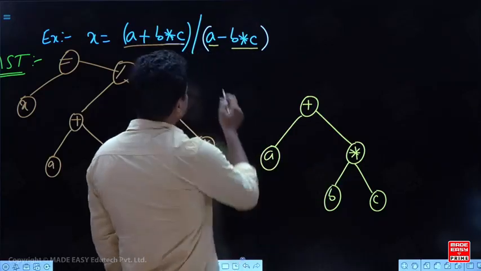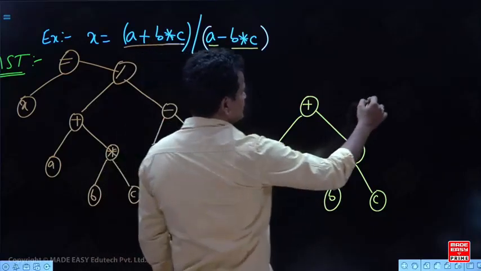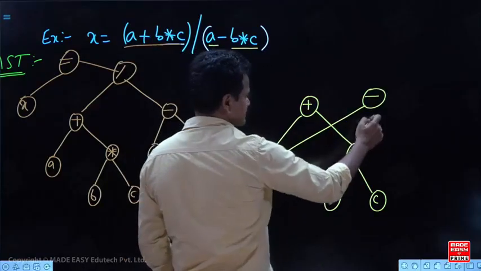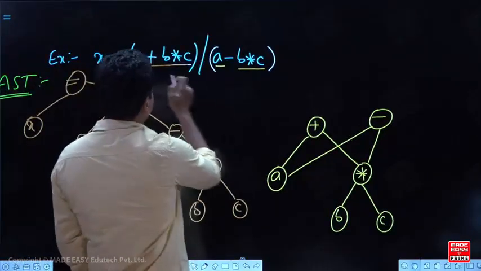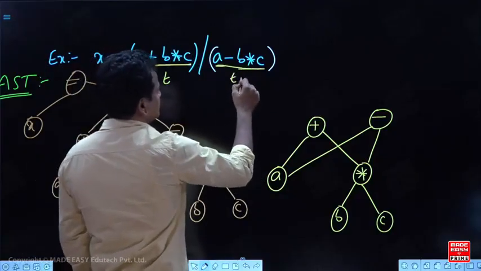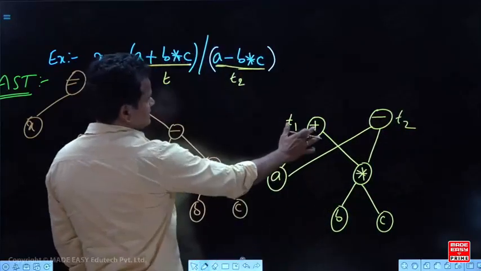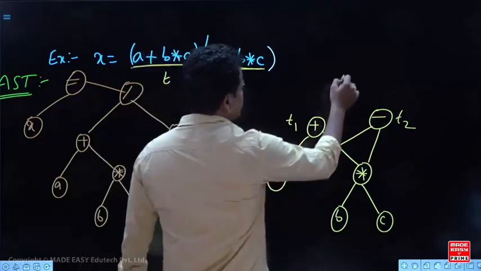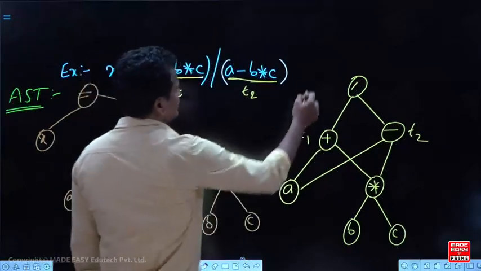Now look at this. This is A plus B star C. I want A minus B star C. A is here. Already we have created. So take the minus. Minus is the node. A minus B star C. B star C is here, right? So that is A minus B star C. Now, this is first part. Suppose this is T1 and this is T2. So T1 is here and T2 is here. Are you following? A plus B star C is T1 and A minus B star C is T2. So we want T1 by T2. That's it. Now this whole result we want in X.